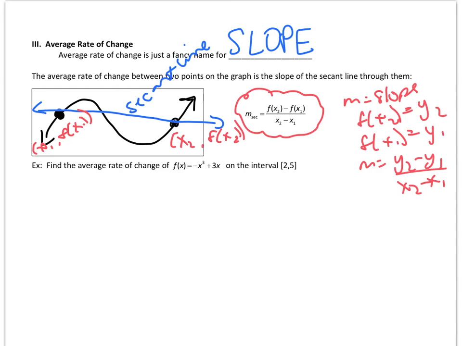So for my example, I want to find the average rate of change of the function f of x equals negative x cubed plus 3x on the interval 2 to 5. So the first thing I need to do is find my 2 coordinates. These are my two x's. So I need to find out what f of 2 is and f of 5 is to get my y values. So if I plug in 2,